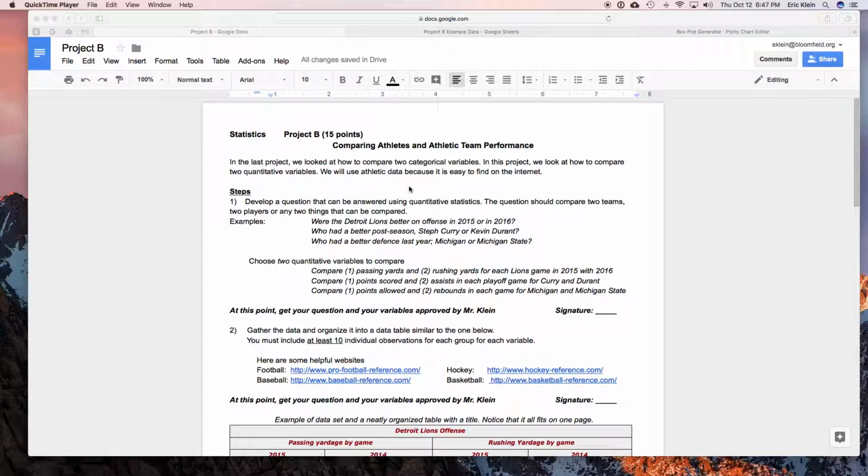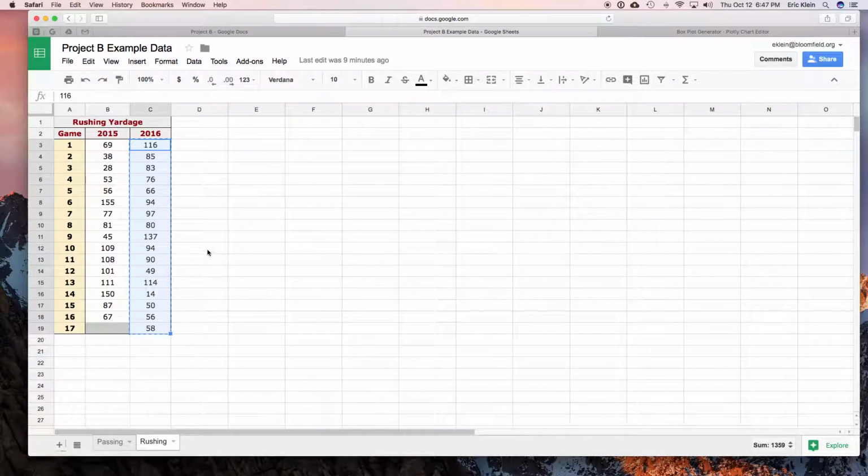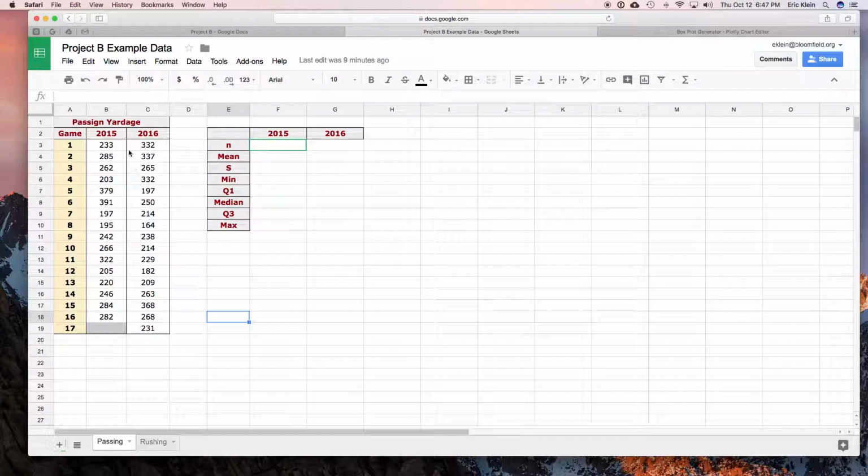You're going to be doing a project where you're going to be comparing two data sets using statistics, and that's going to involve some analysis using Google Sheets. I'm going to show you how to do that today. For starters, you want to have your data organized into Google Sheets. You can see that I'm looking at the Detroit Lions performance on offense in 2016, and I'm comparing that to